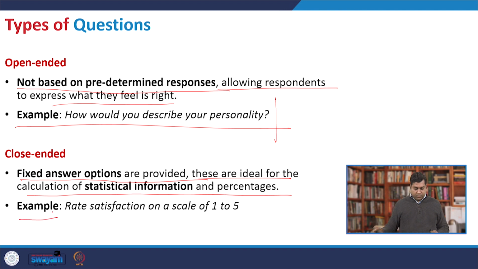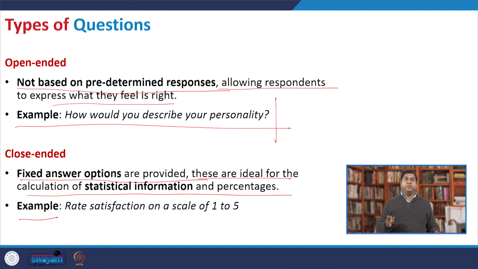For an example of the close-ended, say I am asking, rate your satisfaction 1 to 5. Suppose I give you another example which is not related to planning. Suppose you would like to have a cup of coffee from a good coffee shop. Now I assume that you had that coffee. Now I am asking this question in a close-ended manner, rate your satisfaction towards that coffee that you just tasted in 1 to 5, where 1 is you are dissatisfied and 5 you are satisfied,